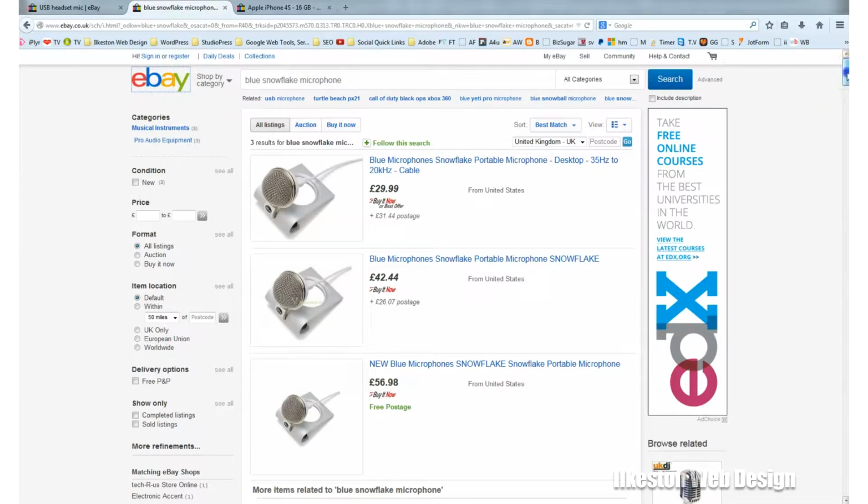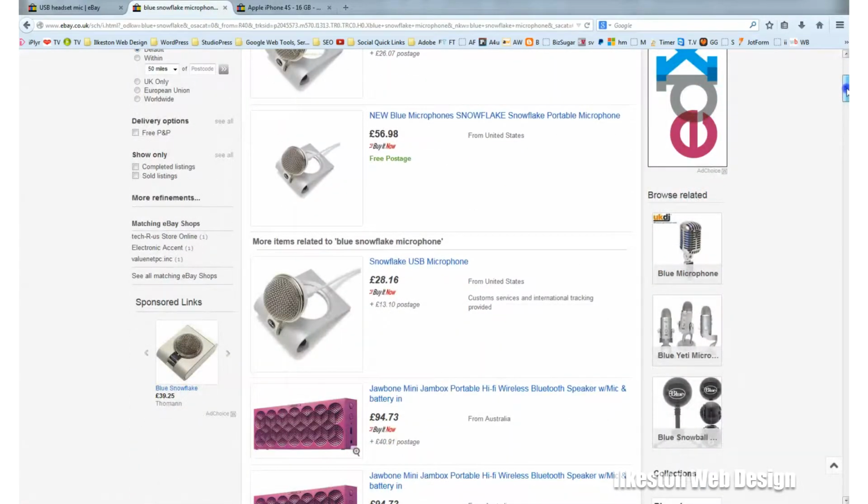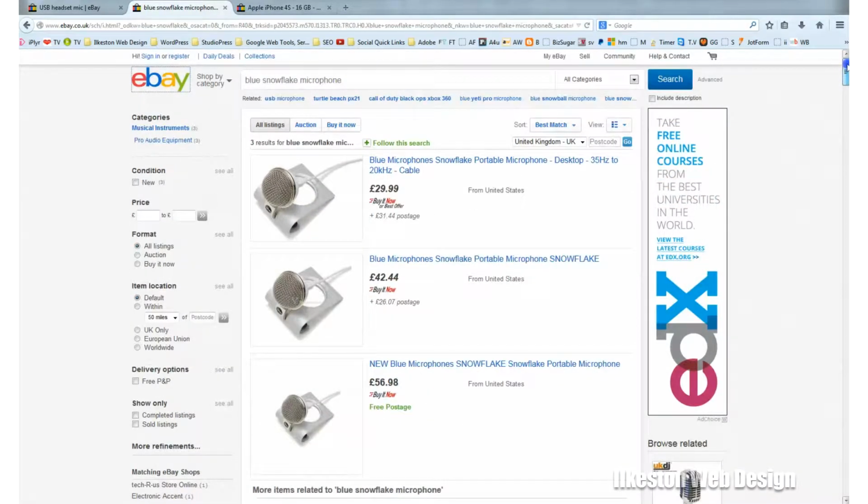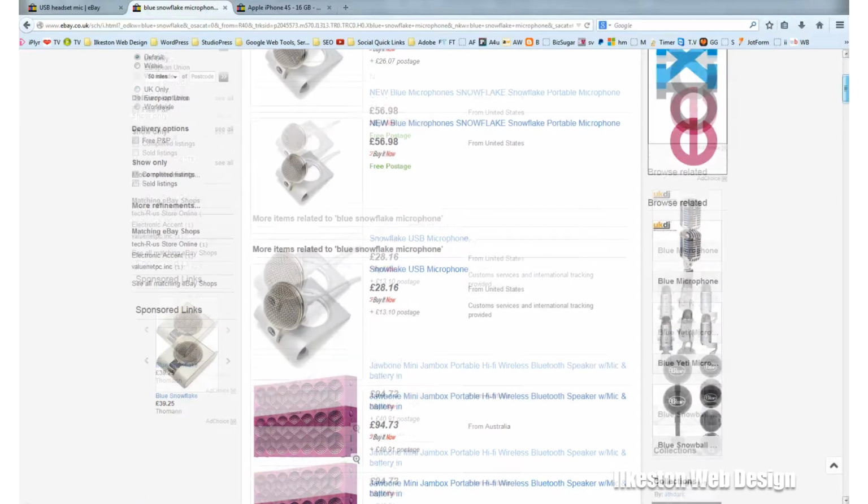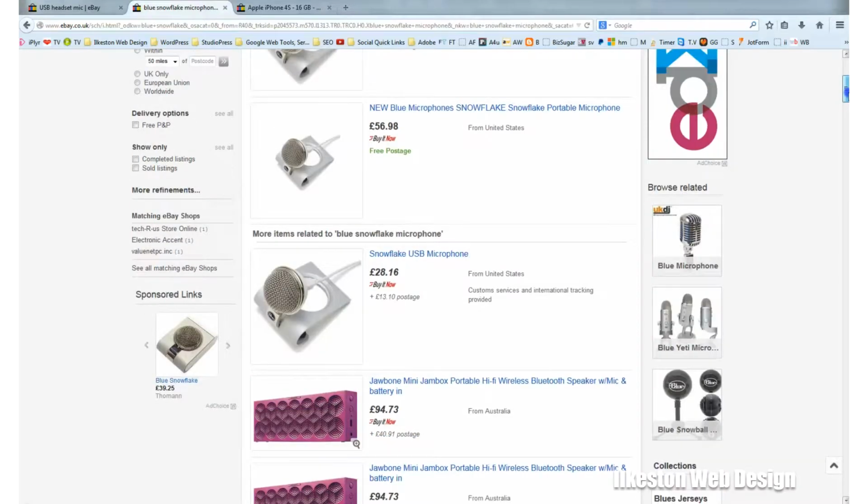I'm on eBay now just scrolling down through the listings. I just typed in Blue Snowflake microphone, and some of them are retailing at around 30 quid, but then you've got postage on top of that. So I reckon you could get one for like maybe 60 quid average, including delivery, and they are good. I think it's like an omnidirectional mic, so you get an all-round room sound.